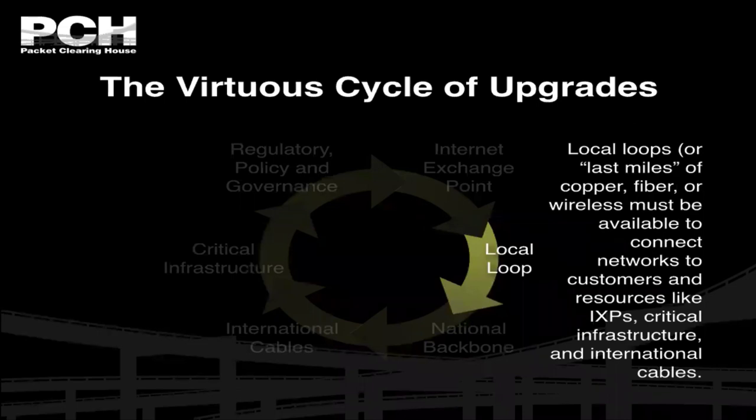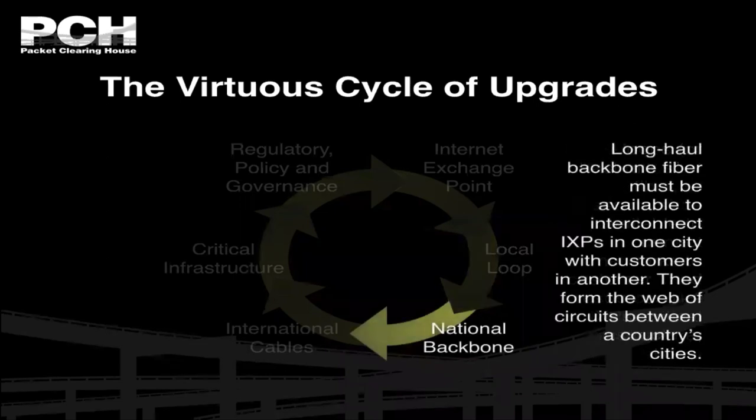Now FTTH is rolling out, DSL is very common in a lot of places, so it's easy to see what's happening, because people have faster speeds of getting to the internet. They want to consume more. As they consume more, that leads to the doubling of infrastructure as we spoke of. So if you're thinking about your environment, your ecosystem, you've thought about your connections to the internet exchange, have you thought about local loops to your clients? That's an important part. Of course, the next part of that is, do I have a national backbone,